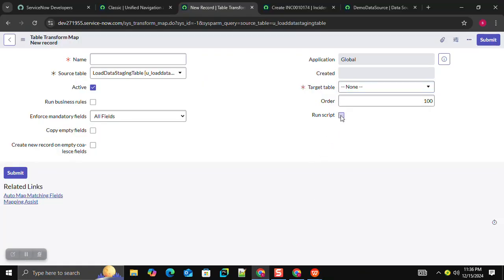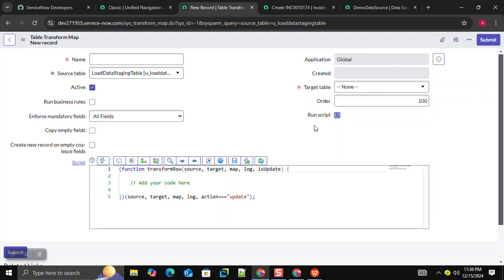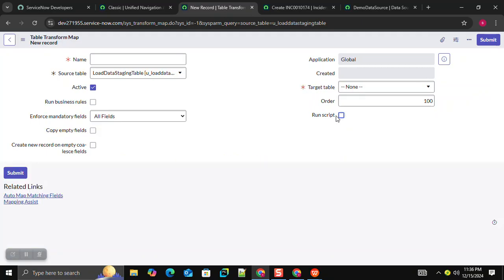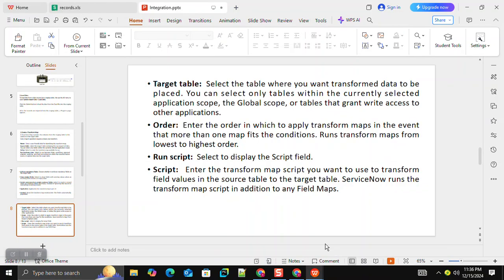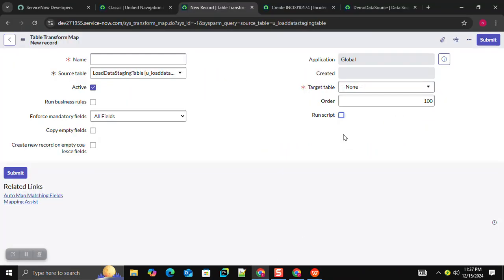In this, we can write the script also. So this script is used to enter the transform map script. You want to use transform field values in the source table to the target table. ServiceNow runs the transform map script in addition to any field maps. So whenever we want to run the script, we can select this run script checkbox, we can write the code here,